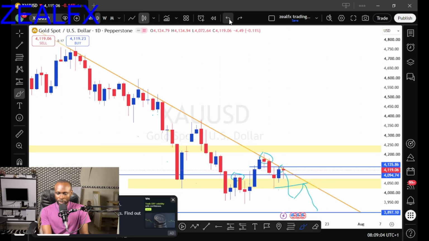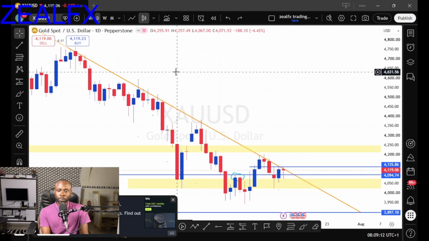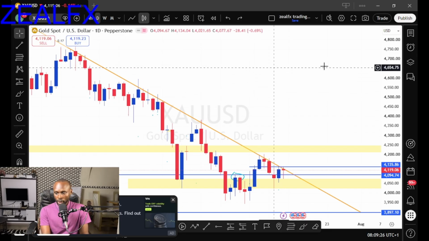So long as we have this structure, our aim this week is to still look for more of this selling opportunity on the gold USD, because you can't trade against the trend of the market. Once the trend of the market is saying to sell, your aim is to join the trend and look at a possible area where we can start looking for a possible selling opportunity for the gold USD. So let's look at the next pair,